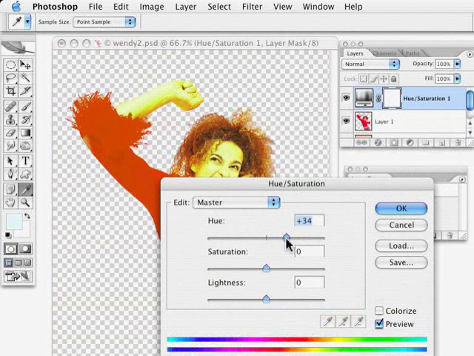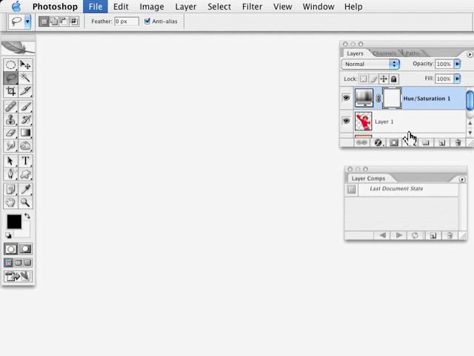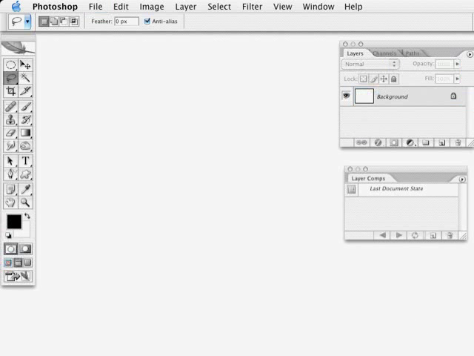We want her to be looking a little more yellowish like that. I don't know why, but we do. And let's saturate her too, just so we can say, sure, that looks good. Then all I have to do is save this and close it. And when we go back to InDesign,